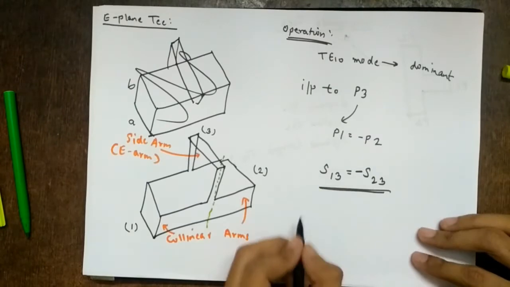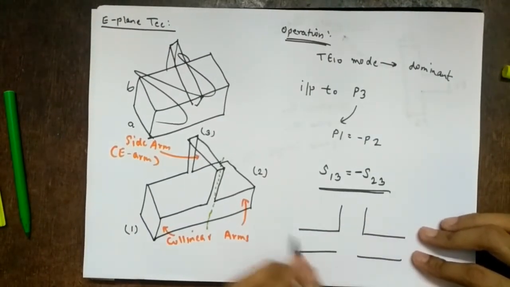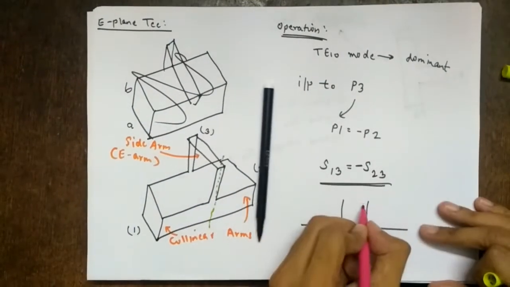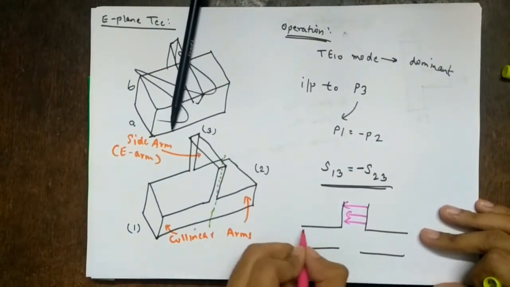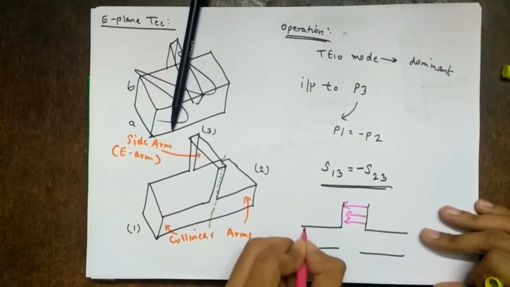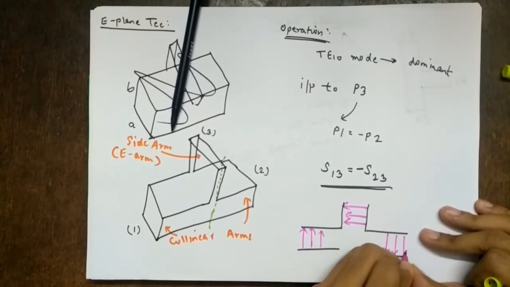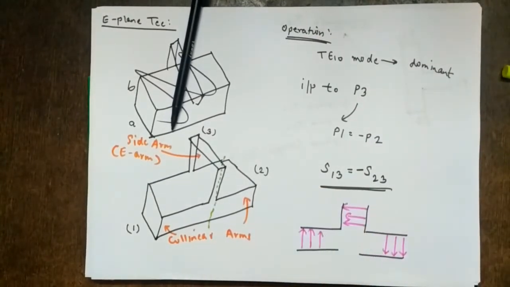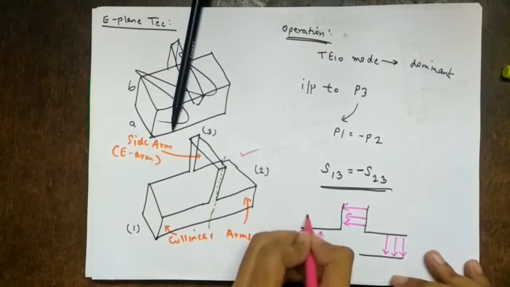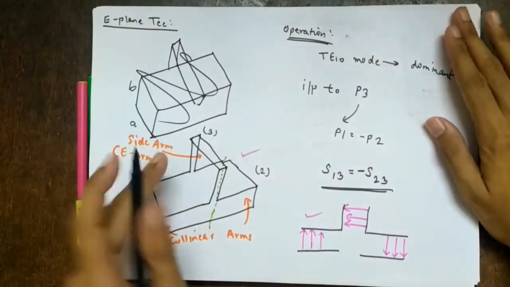Again, what is the minus sign indicating? If I draw the cross section of this, and I give an electric field from here like this, what will happen? I'll have the output here, and here also it will be equally divided. So I'll have the output here also, but the outputs will be out of phase. That's why this minus sign comes there. In the exam, draw this diagram as well as show this using diagrams. So let's go further.